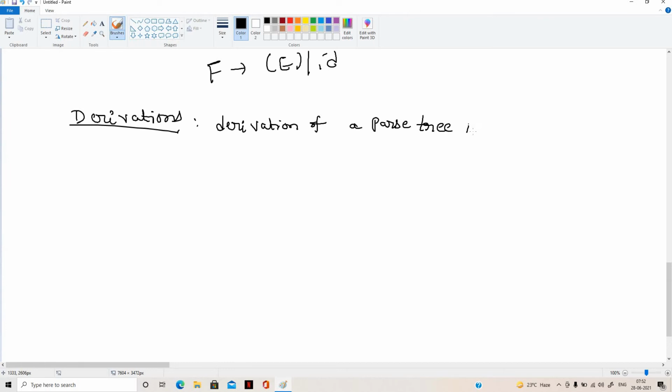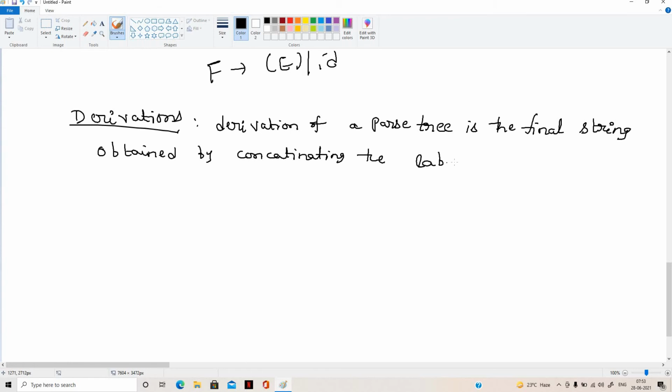The final string of the parse tree is obtained by concatenating the labels of the leaves.